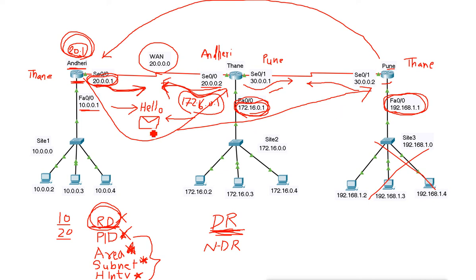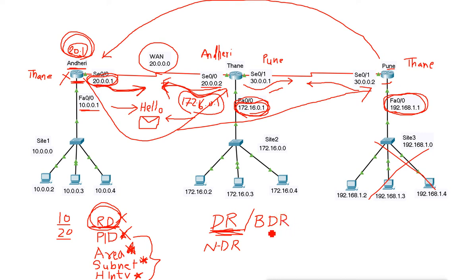Now if the DR router is not running, or if the DR router corrupts, what happens? They don't do the election one more time. They actually have one backup DR router. The backup DR router is only for backup, just to save the time of doing the re-election.